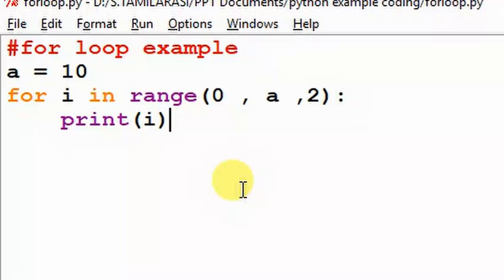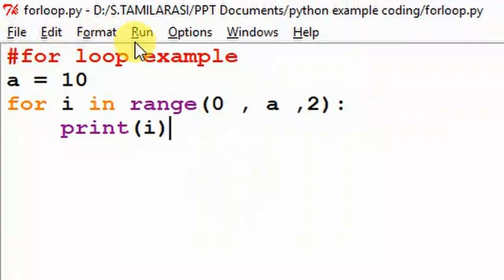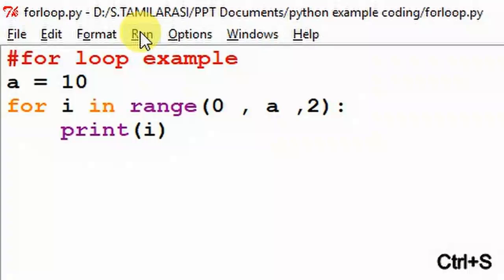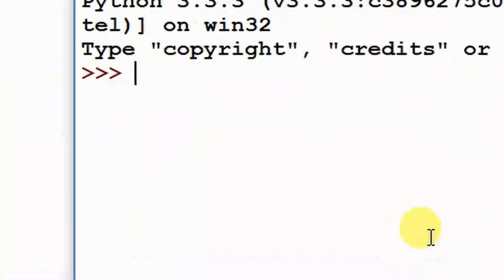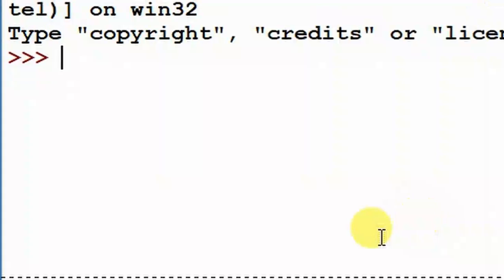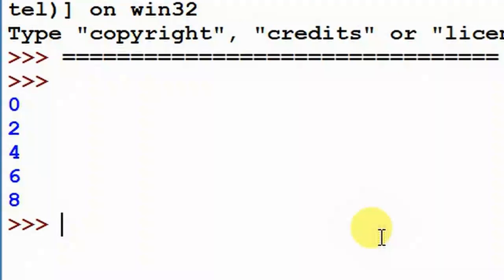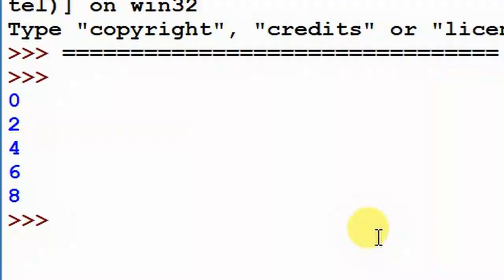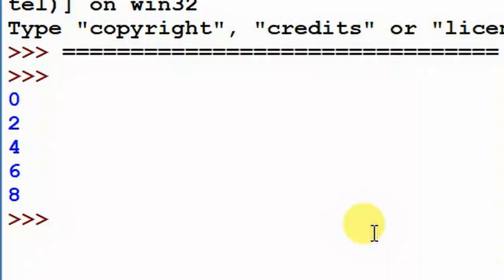How will this output look? Just imagine. I save this with step 2, then run and execute this code. The shell terminal opens automatically. It shows 0, 2, 4, 6, 8. This condition steps by 2 values.